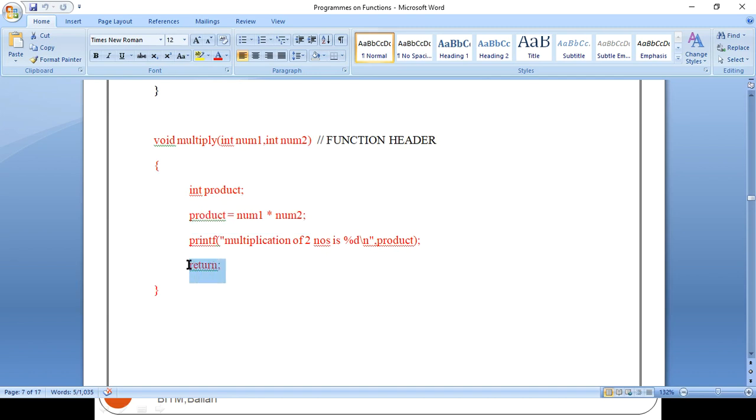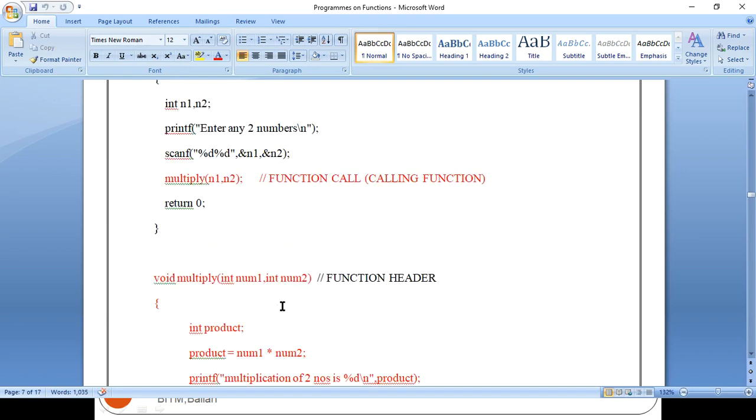Finally, I'm just saying return. Why am I saying return? Because it is just going to return the control back. Even if you do not write it, that's okay. It's understood that it will return the control back. But if you are trying to return a value, there should be return with a value. So return semicolon indicates that there is no return value. Hence we are writing void here. And remember the same thing: whenever the return type is void, the function call should not be an assignment expression.